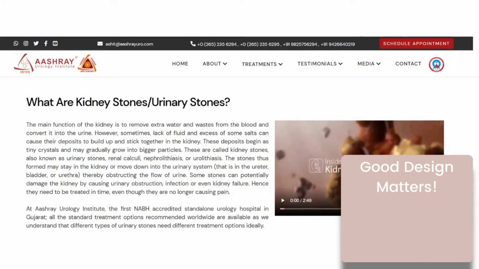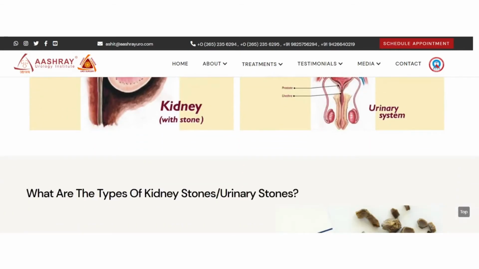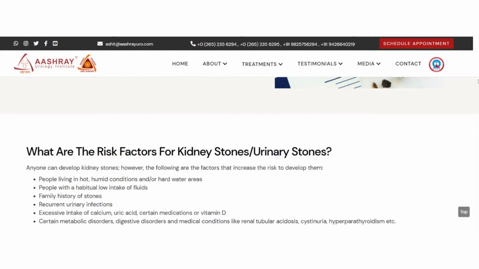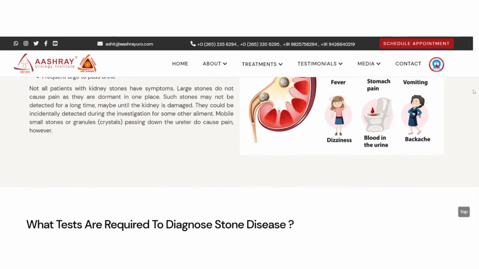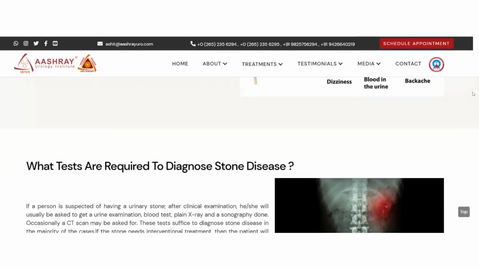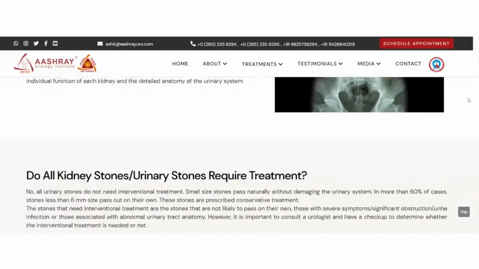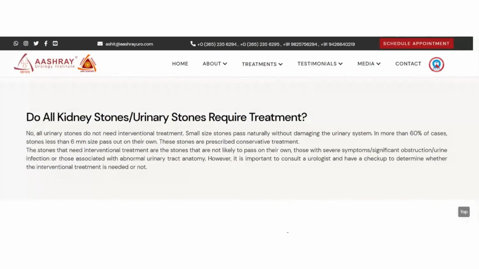So the first point to keep in mind is the clean layout. The simple and useful layout can be achieved by breaking down information into important chunks and providing it in bite-sized sections and logical flow. Each and every section of your page should be highlighted and given the importance that it demands, so people don't have to struggle to find the necessary information and as a result leave your website.